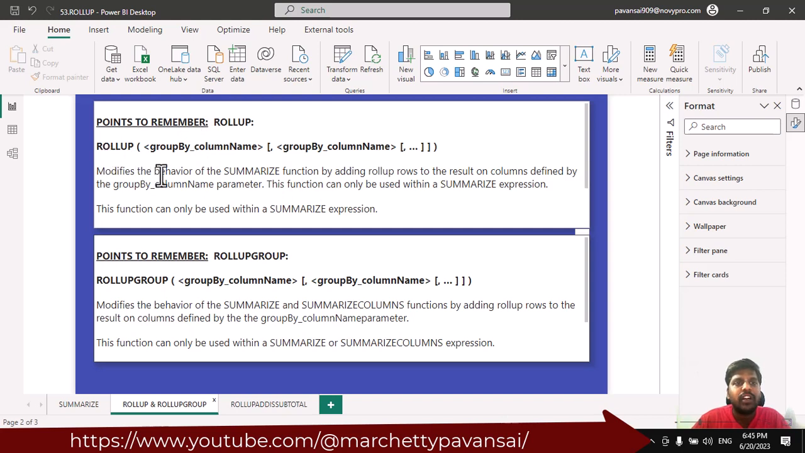The rollup function modifies the behavior of the summarize function by adding rollup rows to the result on the columns defined by the group by column parameter. This function can only be used in a summarize expression, and rollup group could also be used in the summarize columns